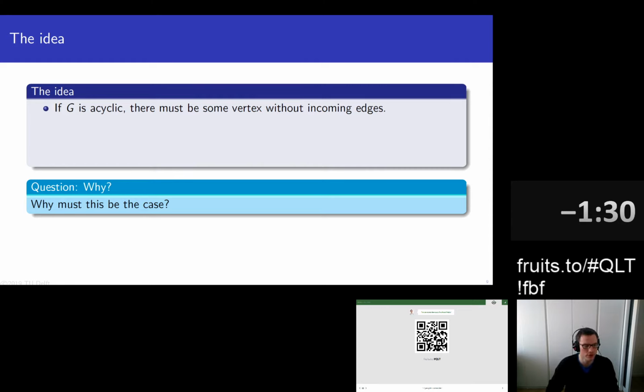Let's see if one of you can tell me. Otherwise there is a cycle, says Cisco. Yeah, that's definitely true. I was hoping for a little bit more than that, but you have to start somewhere. Yeah, also true, Gideon. So again, let's use a proof by contradiction. Yeah, so Sophie also says you need to have an initial vertex, and Urg also, because if it is acyclic, there is one vertex that has to be the beginning.